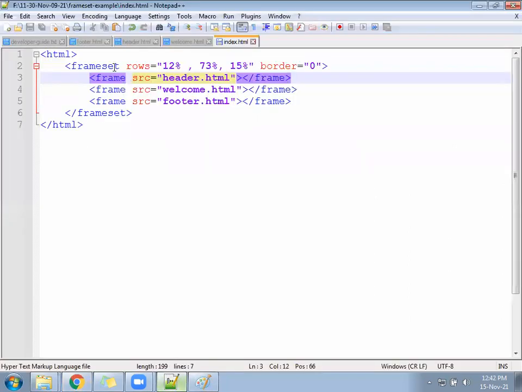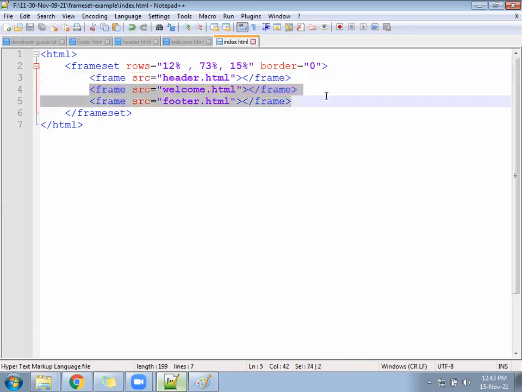You can think here. See, the user will come and open the index page. In front of the user, the page will appear from the three files. Data will come in front of the user from the 3 files. Indirectly, linking will happen in the header file, and data has to change where? Under the middle file. Look here. The first frame is holding by default a header. The second frame is holding by default a welcome. The third frame is holding by default a footer.